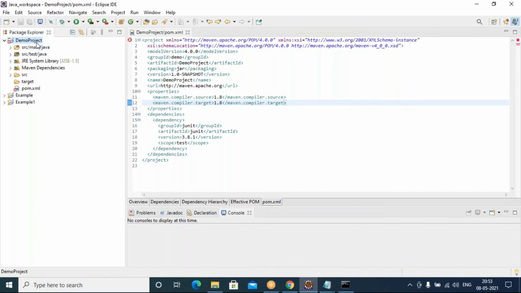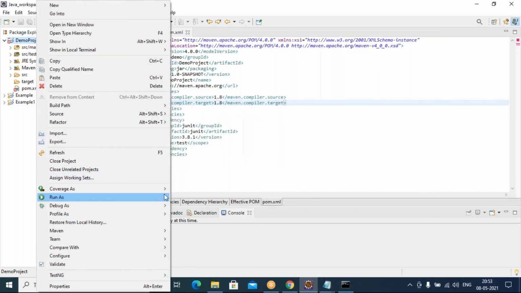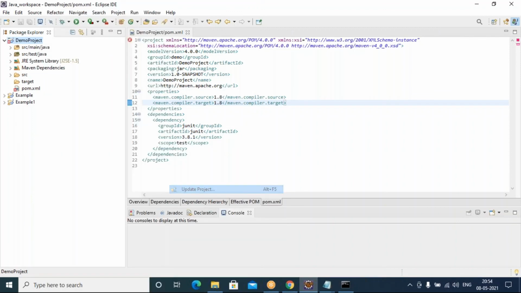Go back to your project and right click. Here you see this Maven. Go to this Maven. Here several options it is showing. First say update project. Once you update, your Java version got updated to 1.8 automatically.